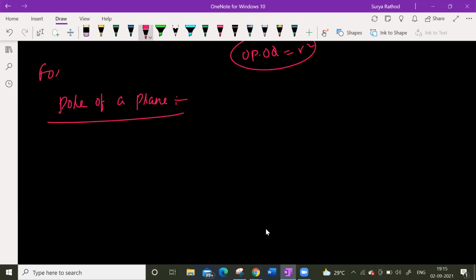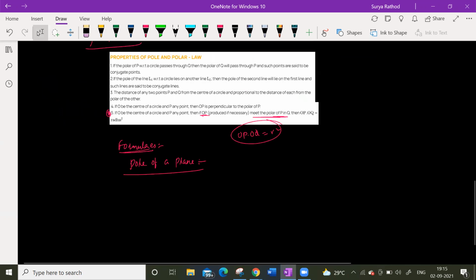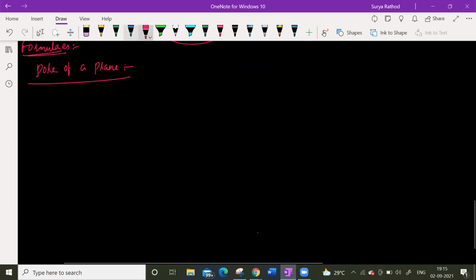Formulas, I'm just talking about formulas. Okay. Look at this here. The pole of the line,